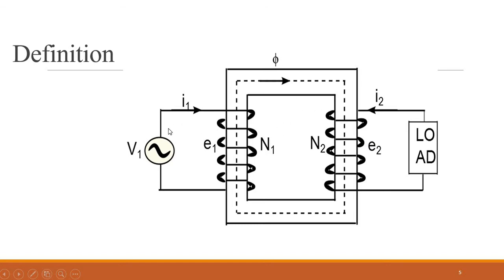So because of this alternating current, an alternating flux is set up. This alternating flux will be linked with the secondary coil, and this secondary coil will have an induced EMF, and because of that the current will get circulated when the load is connected. So this is the working of the transformer, and the transformer works on the induction principle. Induction means electromagnetic induction. So whenever there is a rate of change of flux linkage with a coil or a conductor, at that time EMF will get induced in that coil or conductor.